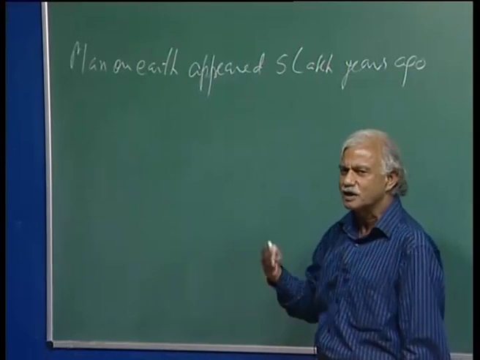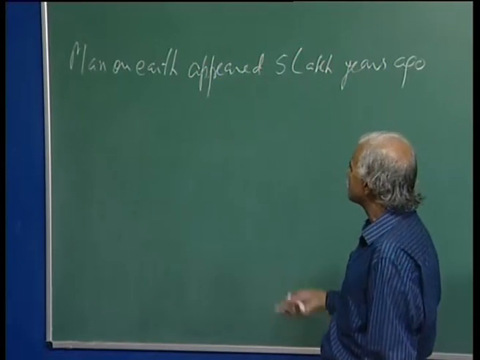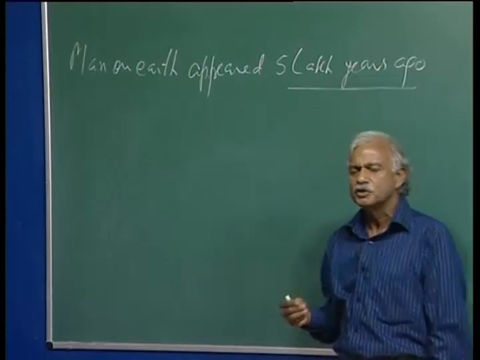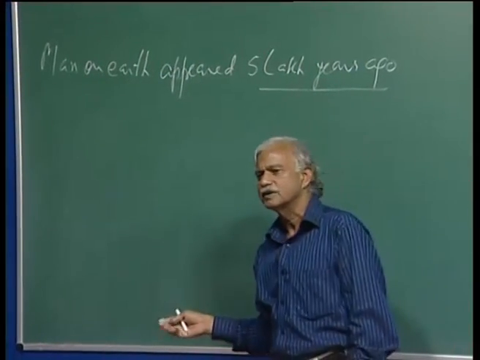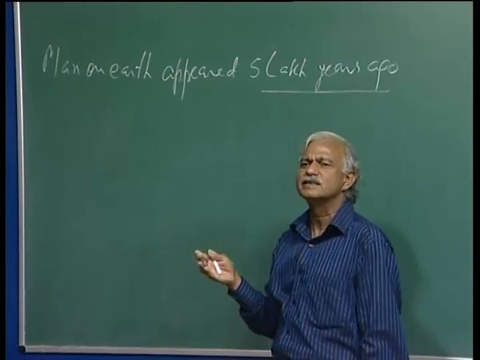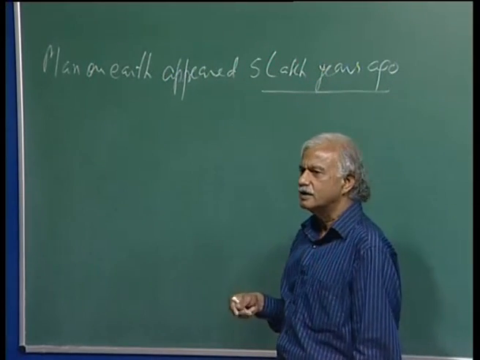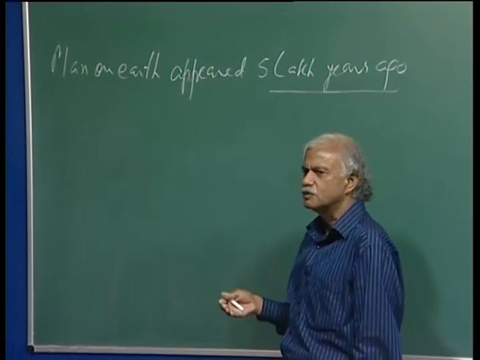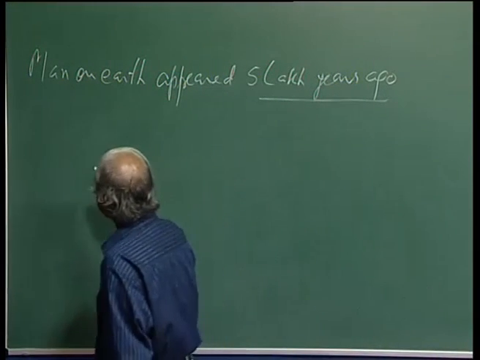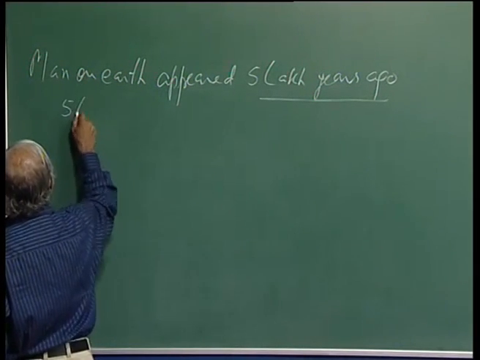What I want to show is how can we calculate how many people have ever been born on this planet Earth. Now, this 5 lakh years ago, we know that for a very long period of time, population of the world of different regions, different countries remained more or less constant. Number of births and number of deaths were more or less equal and more or less constant. So, if I can broadly divide history into say 5 lakh